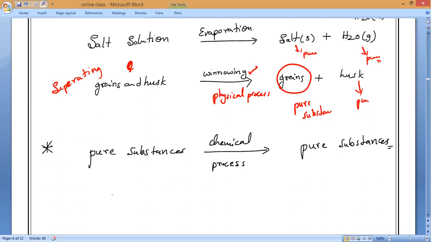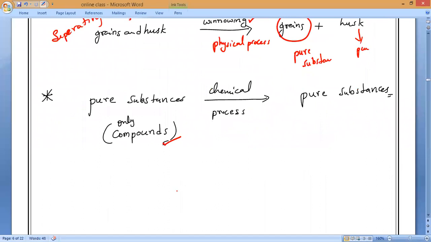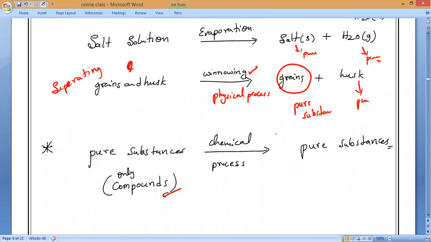But pure substances means compounds or elements. Only compounds can be separated further. Elements are not possible to separate further by physical or chemical process. Is it okay, Mitakshri? Hari, Reddy? Yes, sir. Please note it down. Till here, any doubt, anybody can ask me. Akilan, have you understood? Arun Kailash? Okay. So this is what you have to remember.